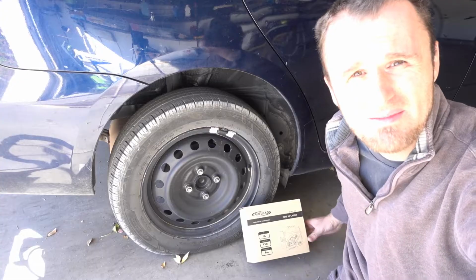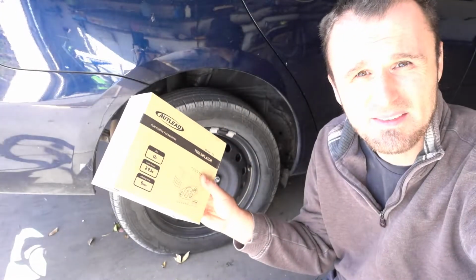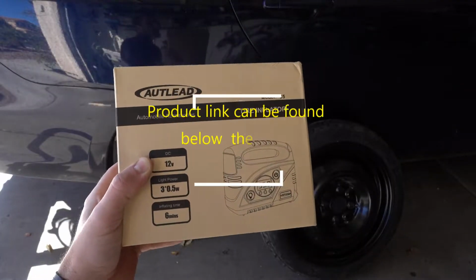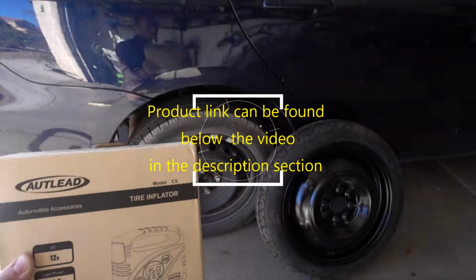There's only one way. Carry a tire inflator with you. This is very important to have. So now you have a big problem. You have a flat on your car and you have a flat spare. Carry one of these. These things are really affordable and totally worth having in your car to avoid this